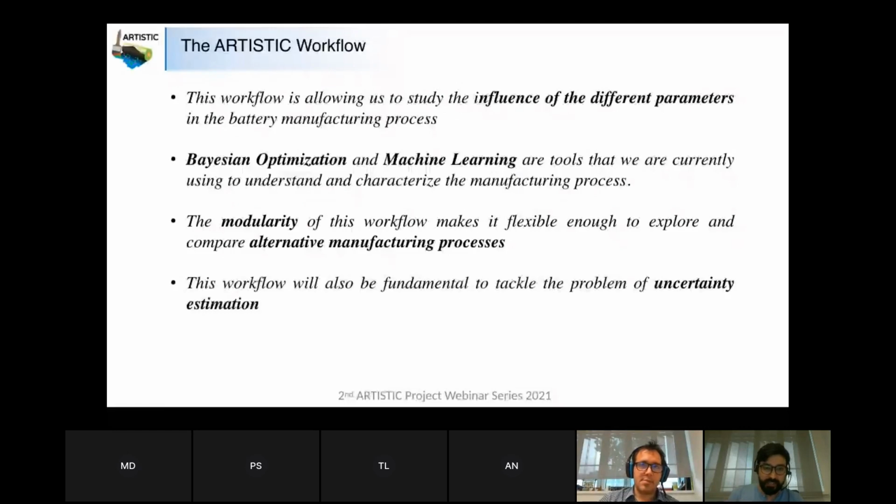And finally, I would like to put this also in perspective: modeling such a complex system as the battery manufacturing pipeline is very complicated because, as I was saying, we are bridging different scales. We are using different tools that have their own reach, again, at different scales. So in that sense, understanding how errors propagate through this whole workflow is very complicated. So I think this workflow would be great to explore in the future the typical mathematical problem of uncertainty estimation in this context. So moving forward,